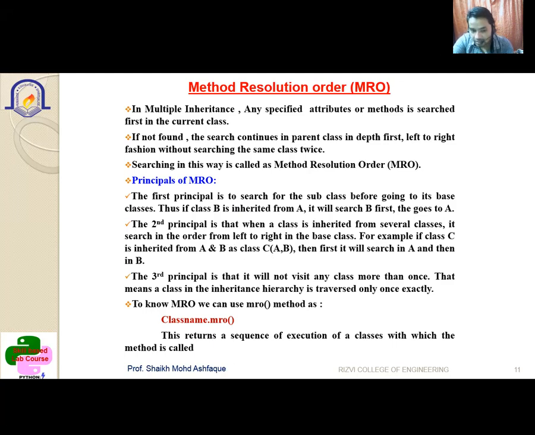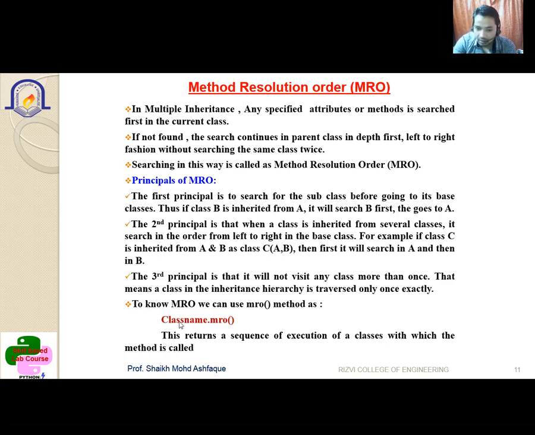In MRO, if there are multiple classes to be inherited into a single one, it searches in order from left to right in the base classes. For example, if C is inherited from A and B, and you write the statement as C(A, B), then it will first search in A, then it goes into B. So it follows the left to right approach. This is the second principle of MRO.